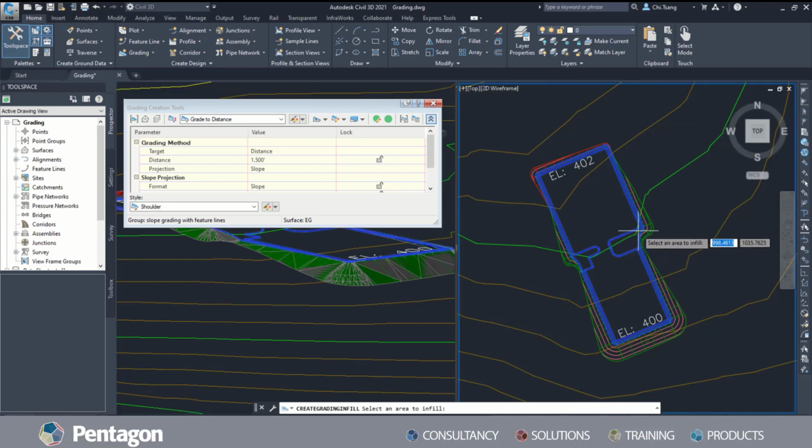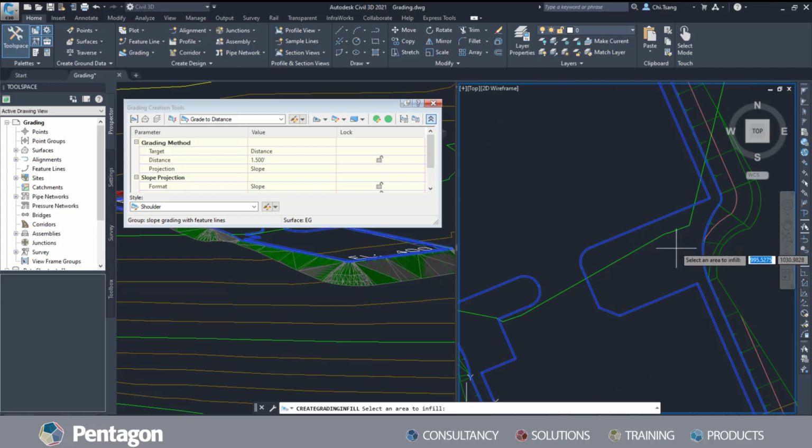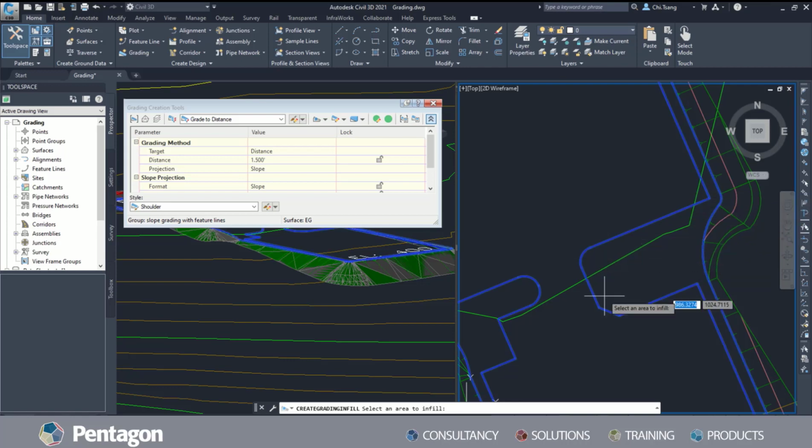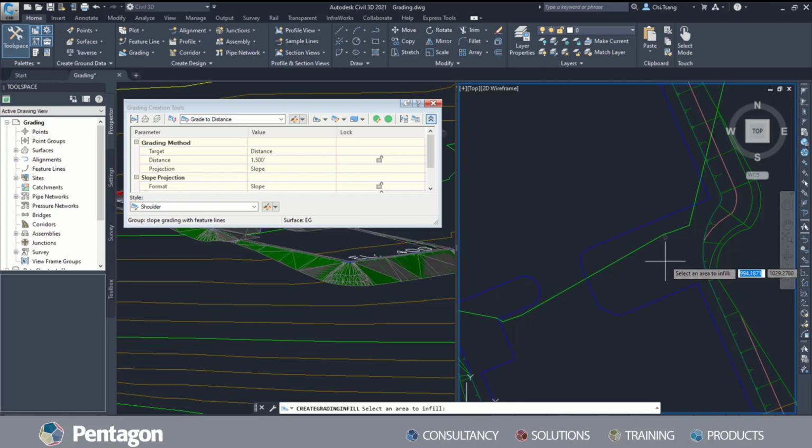So now Civil 3D is prompting me to select the area for my infill. And as you can see, there's two different places. If I pick inside here, you can see where my boundary is for this infill. So inside the pad and on the shoulder and outside where the ramp is. So first, since I picked shoulder, I'm going to choose to infill the outside of the pad itself. So once I click onto that,